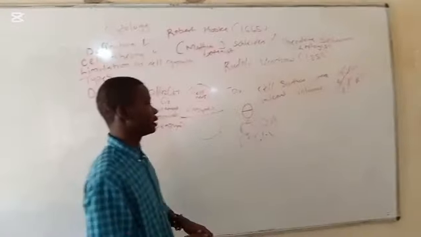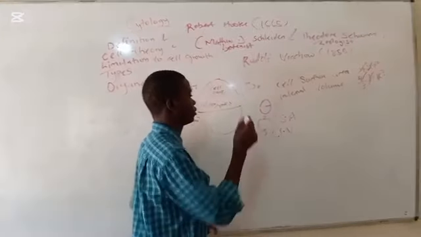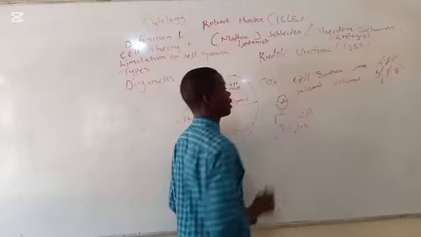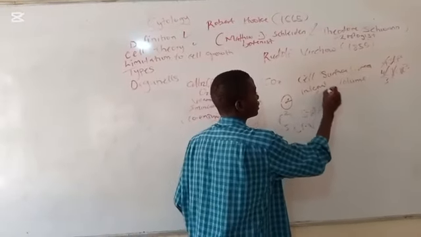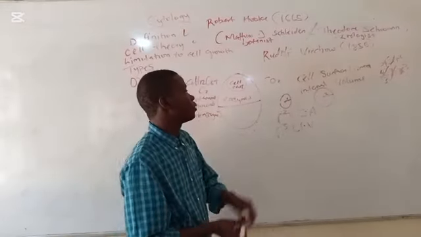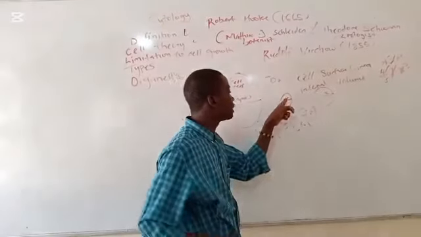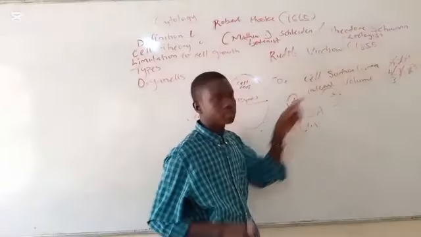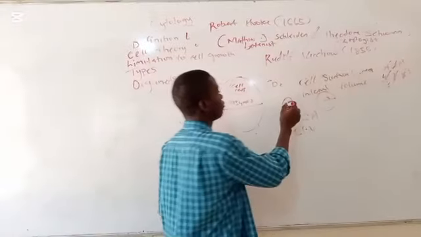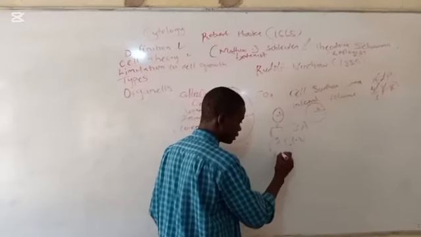Now, this is the difference that lies within the cell. So let me use this as a case study. Suppose this is the radius of a cell, and let's say it is 1, and I have another bigger cell somewhere here. The radius is 2, right? If we were to calculate the surface area of this cell, it will be the radius, which is 1 squared, and 1 squared is 1 times 1, which is still 1. So for this cell, we have a surface area of 1,